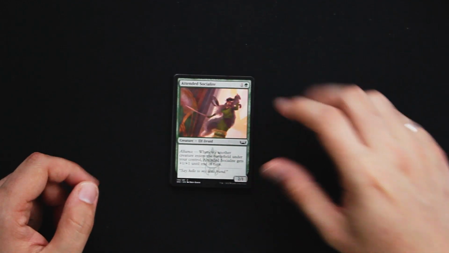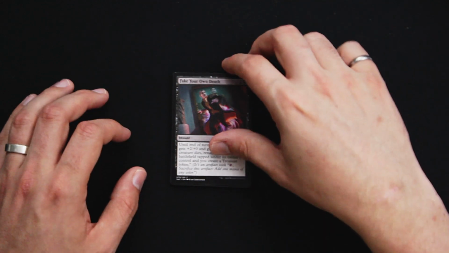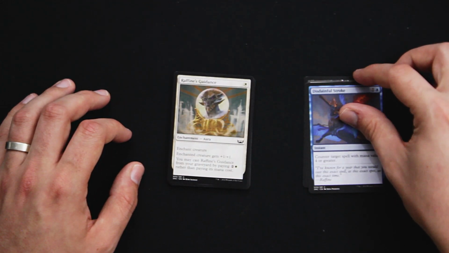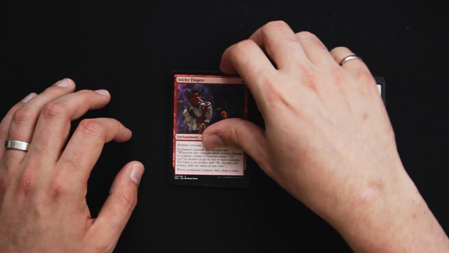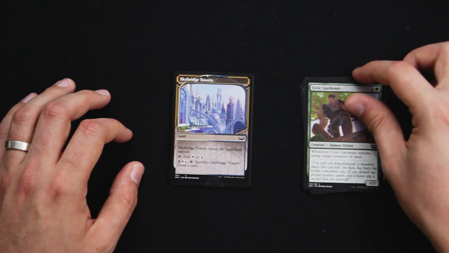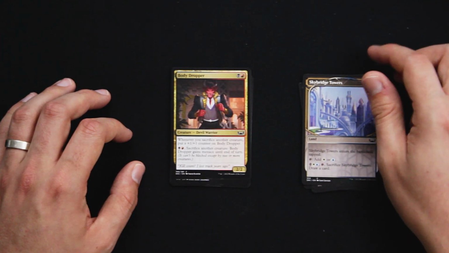Our first card today is Attended Socialite, followed by Fake Your Own Death, Disdainful Stroke, Rafine's Guidance, Sticky Fingers, Civic Gardener, Skybridge Towers and Showcase Art, Body Dropper,